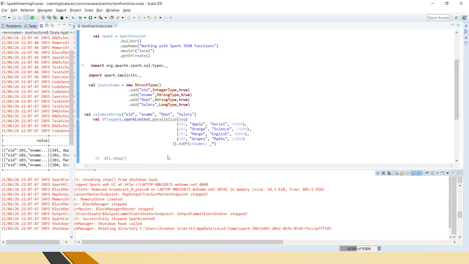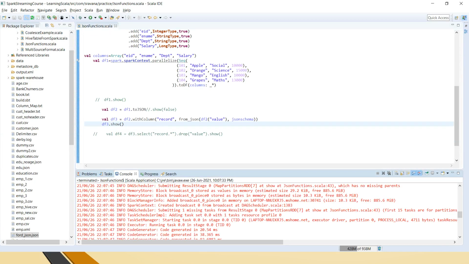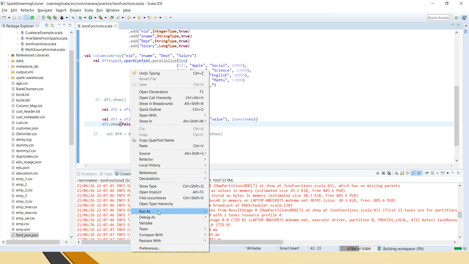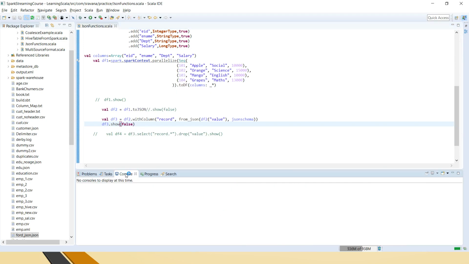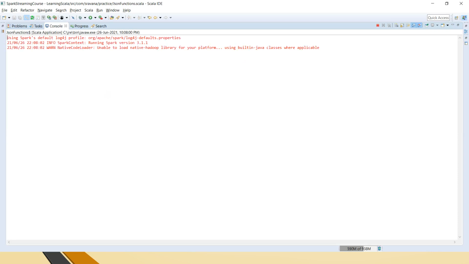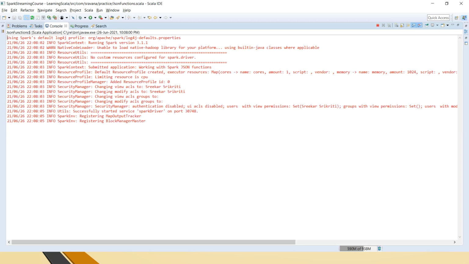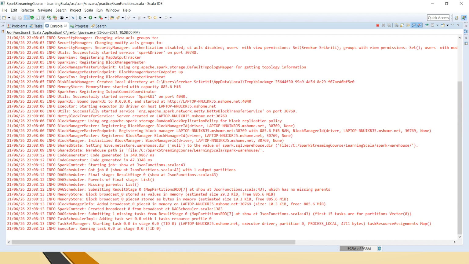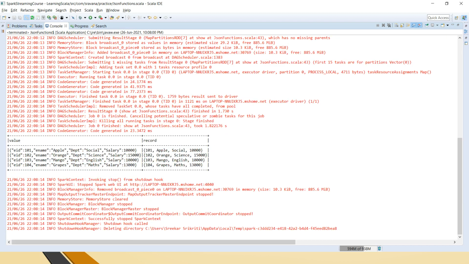I'll just put it as false so that you can see clearly, so the fields will not be truncated. So if you see here, a new column record is created with the struct type.